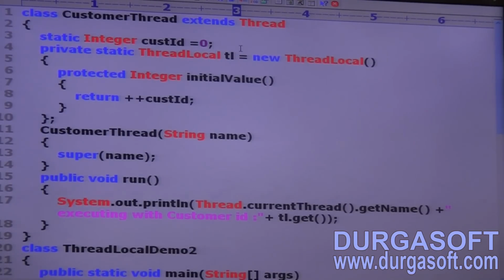For every customer thread, a separate customer ID got created.